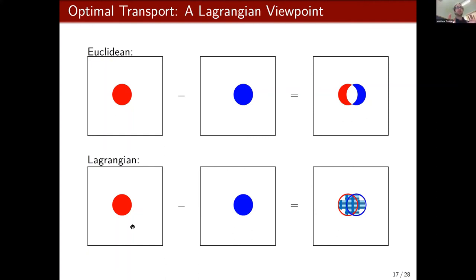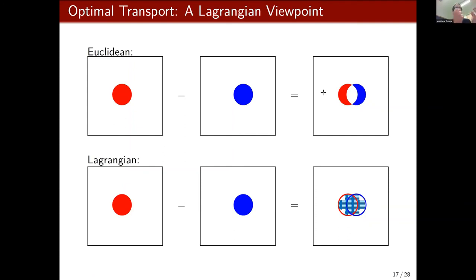The first thing you can probably do is think, well, let's use a Euclidean type distance. In a Euclidean type distance, you take one image, you put the other image over the top of it, and you just subtract them. Then you look at what's essentially, in this case, the area left. So between these two balls, the Euclidean distance is just going to be the red area plus the blue area. This is maybe okay when the balls are overlapping, but you can see that once the balls have moved apart,